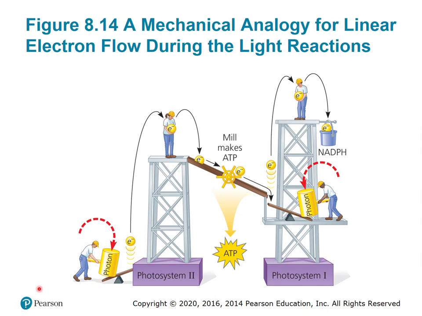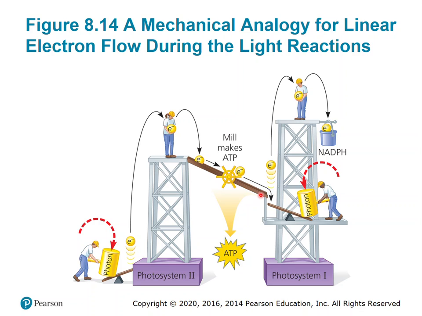So you can think of this as a group of workers. Our photon of light hits the light pigments, excites the electrons in photosystem 2, moves those electrons to a higher energy state. Then they go through the first electron transport chain between photosystem 2 and photosystem 1. They release some of that energy to pump protons in, so you had the hydrogens released from the water into